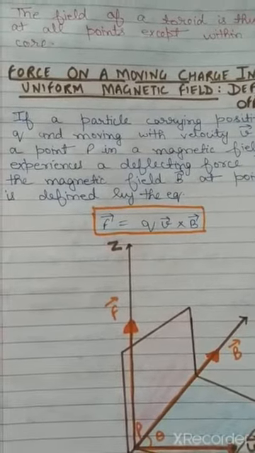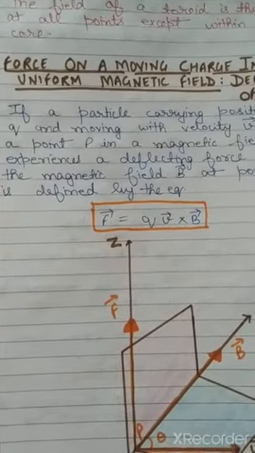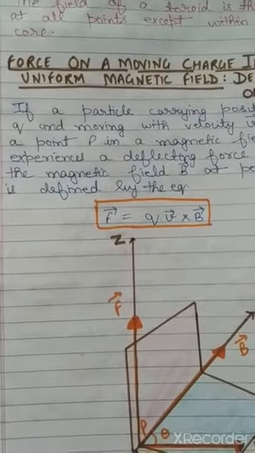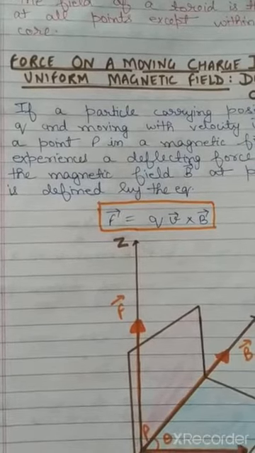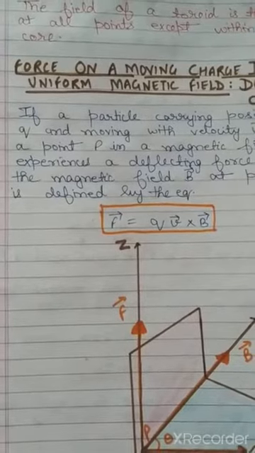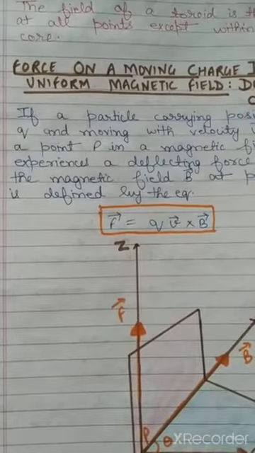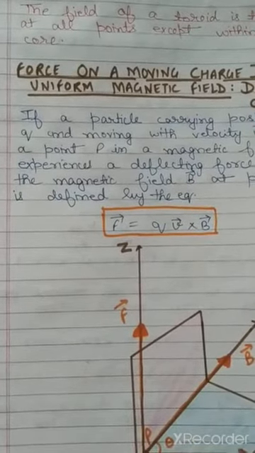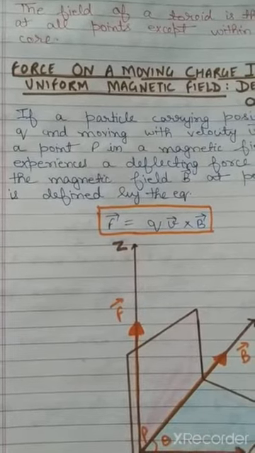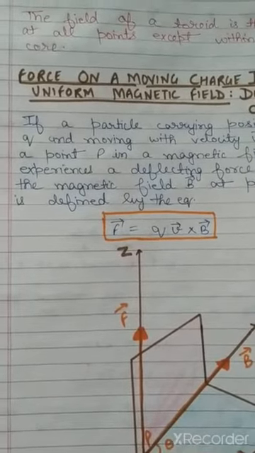You know that a current carrying wire produces a magnetic field around it. We have studied this by the Oersted experiment also. By the experiment it has been found that if near the current carrying wire where the magnetic field is produced, we bring a charge and that charge is moving, it will experience a force, and that force is known as deflecting force because it changes the direction of the charged particle.